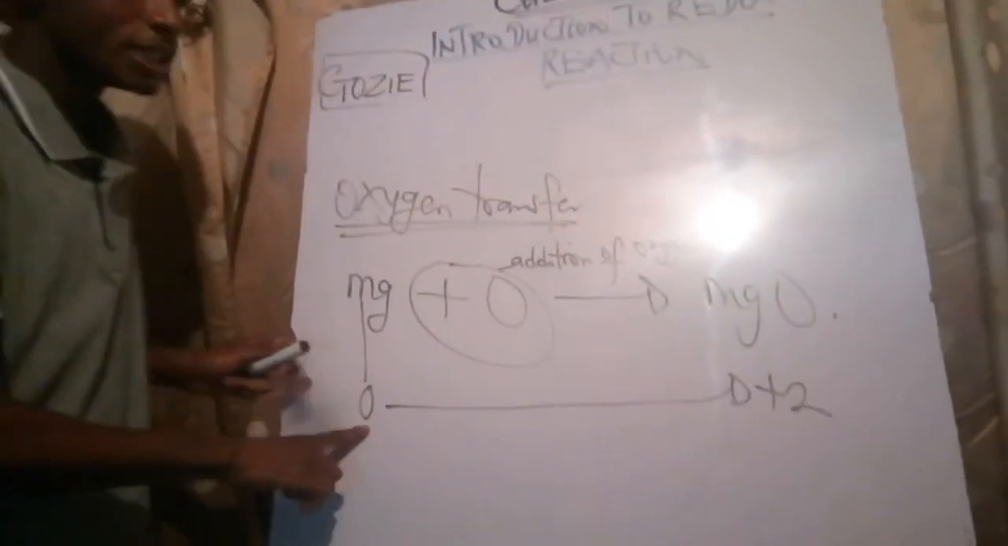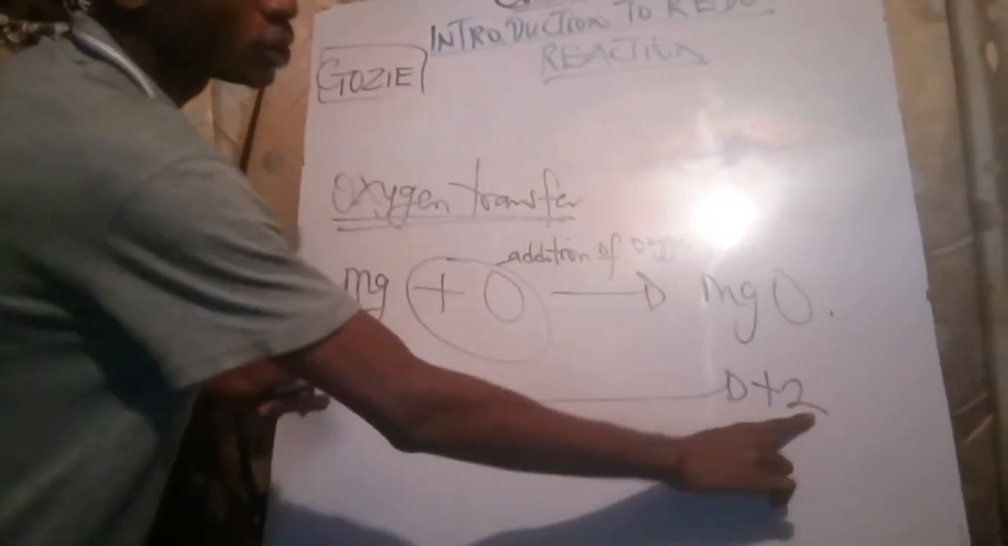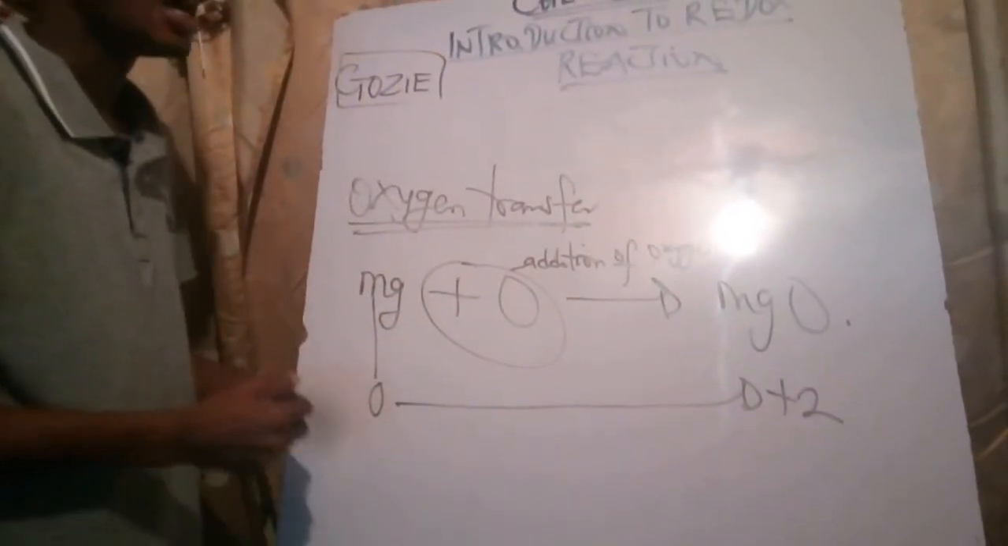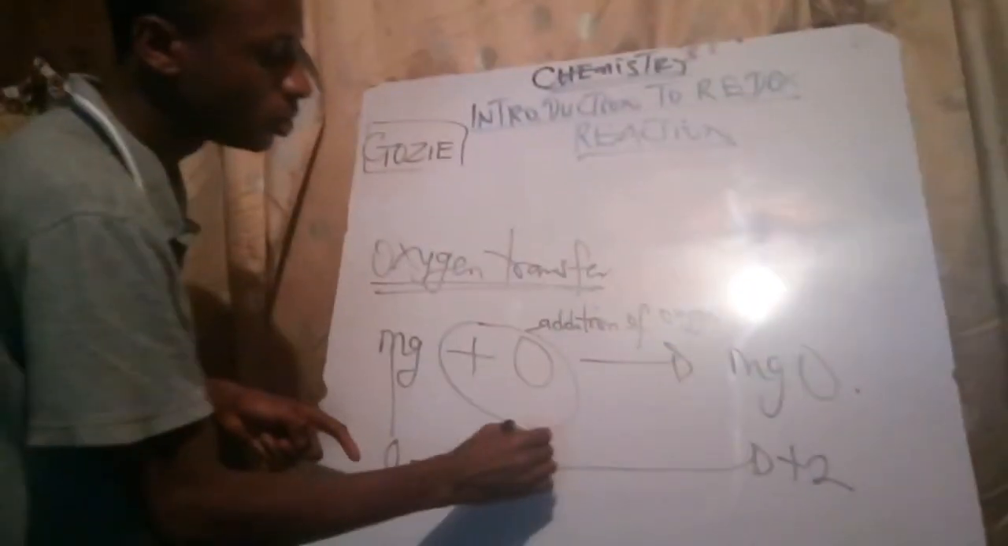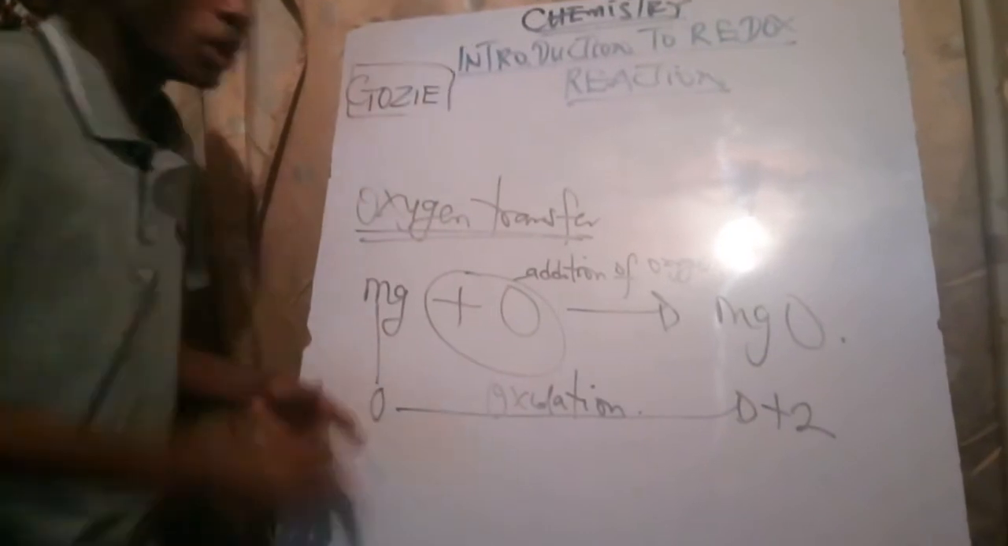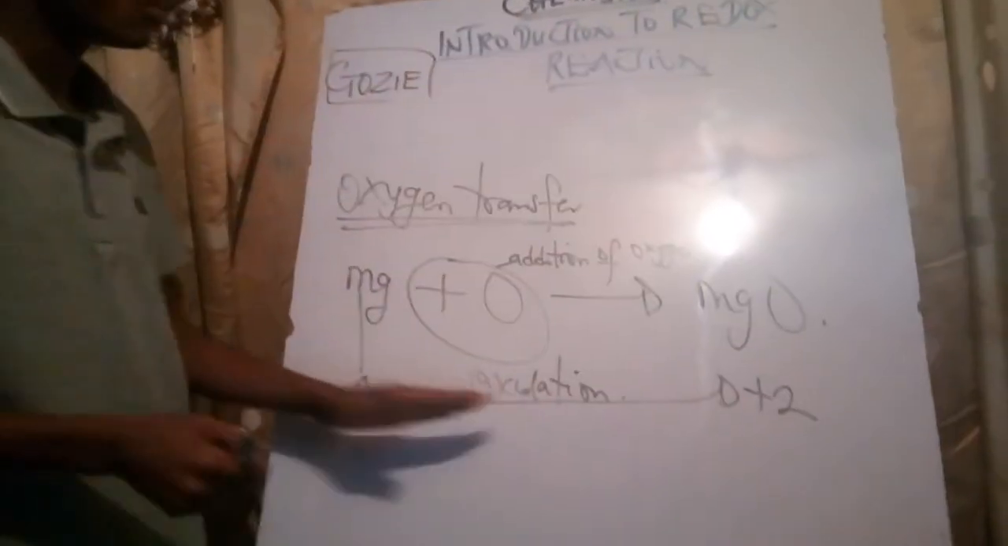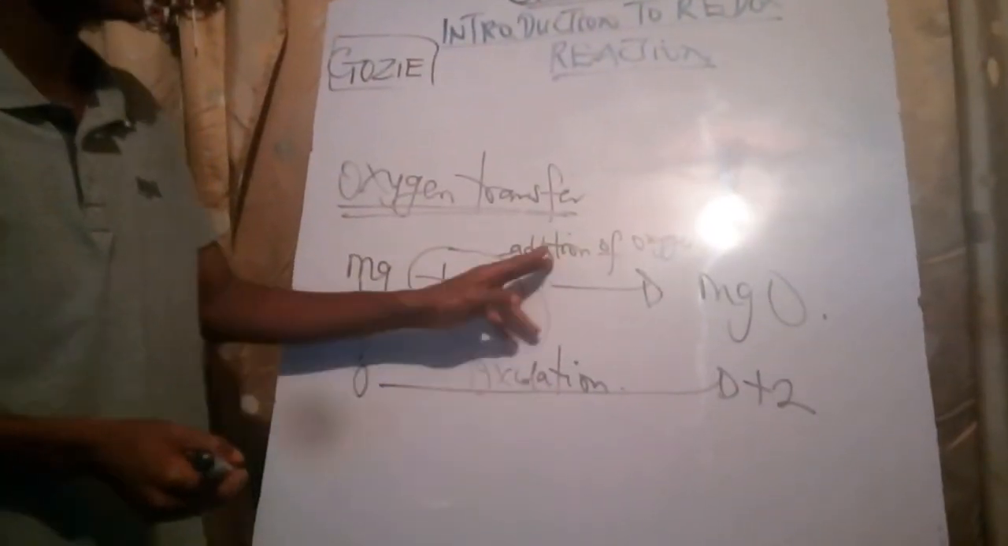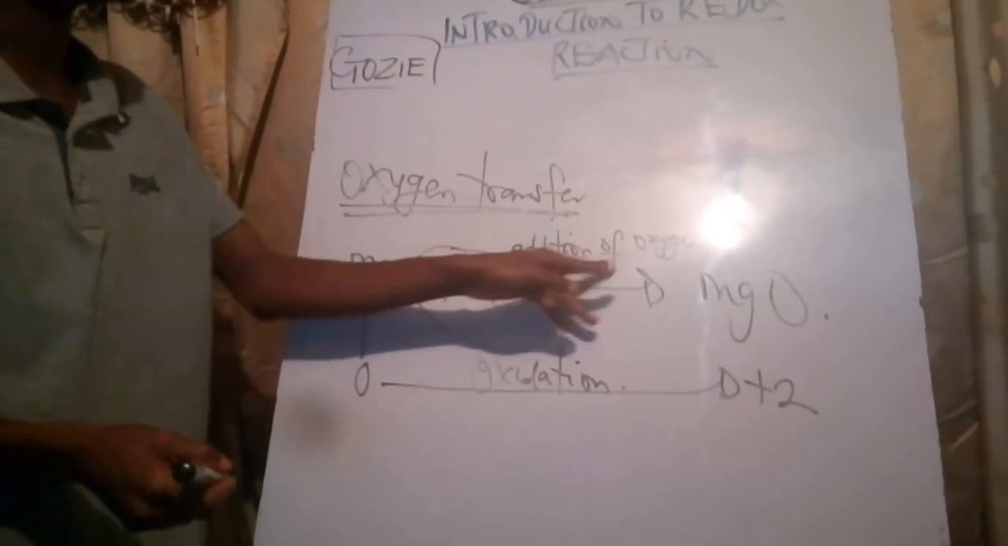The oxidation number of magnesium here is 0, here is +2. From 0 to +2, the oxidation number of magnesium has increased. Don't forget, an increase in oxidation number is called oxidation. But what is the cause of this oxidation, or increase in oxidation number? Addition of what? Oxygen. I will now conclude that